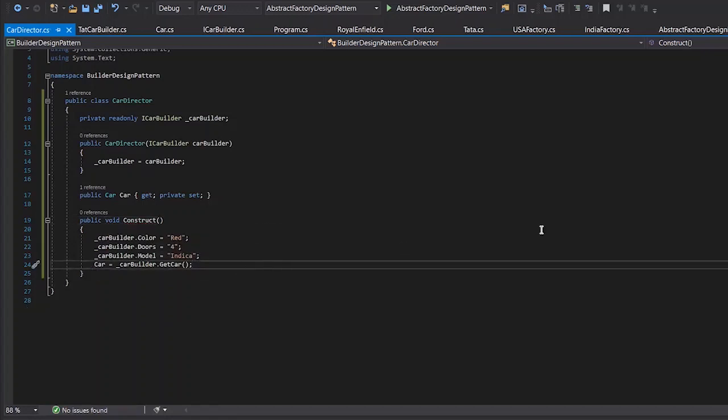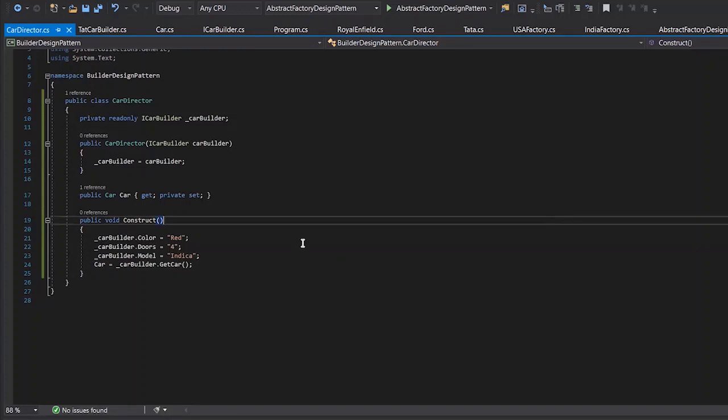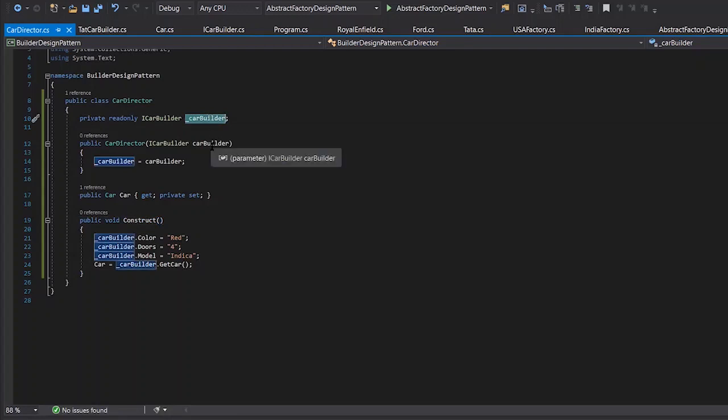So if you will see, we have created a car director, which is having a constructor, which is having a car builder as an instance, and we will be passing the instance of car builder to the car director. And using that construct method, where actual construction will be happening, we will be calling each of the steps mentioned in the car builder.